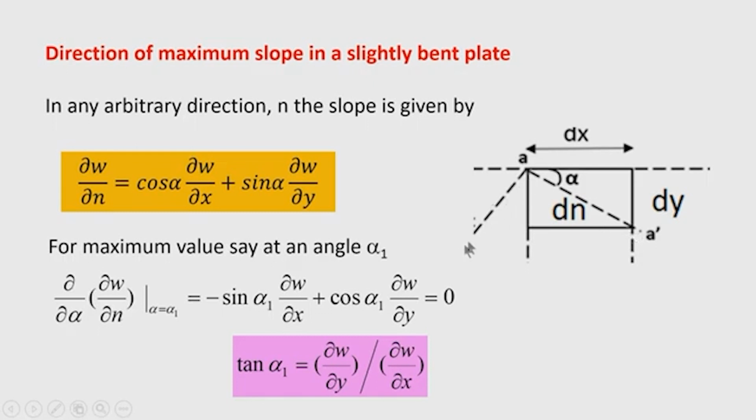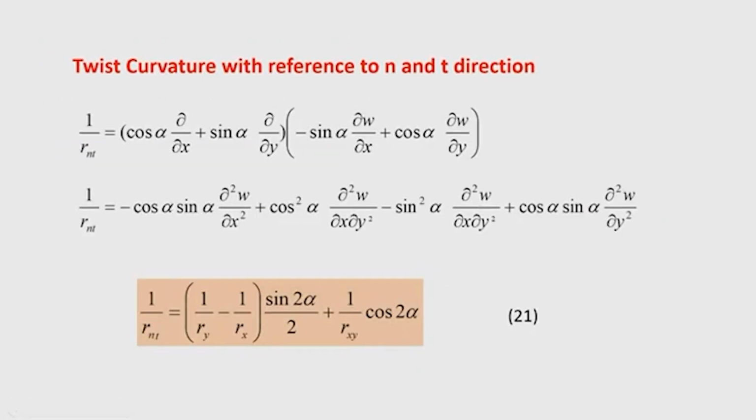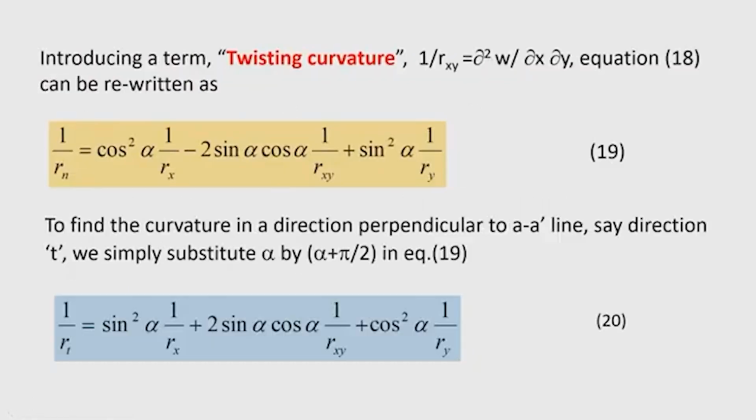So, curvature in this direction is written as 1 by r t, and to find this curvature we simply substitute alpha by alpha plus pi by 2. So, substituting alpha equal to alpha plus pi by 2 in this expression 19, we will get 1 by